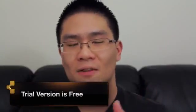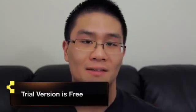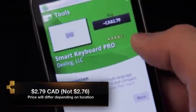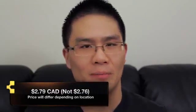The only downside is that the free version has a pop-up every now and then saying, "Oh, if you don't want to see this pop-up again, buy the full version." It didn't say that, but that's the gist of what it said. According to Market, the paid version is $276 Canadian. To be honest, I only saw that pop-up thing once, so it's not too bad, but I'm probably gonna pick